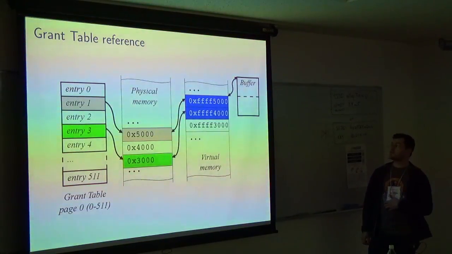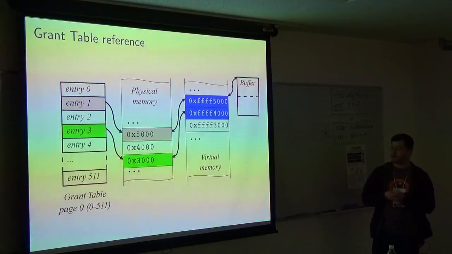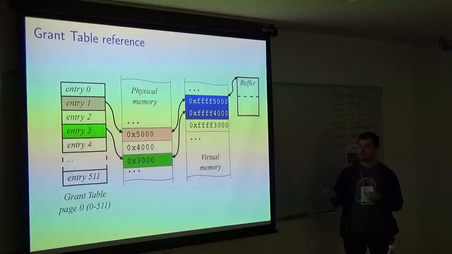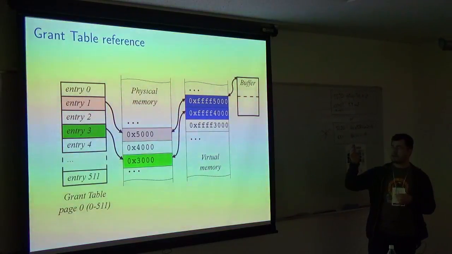To deal with this, we need to use grant tables. A grant table is a very simple interface. It's a multi-page IOMMU-like structure. Every page contains 512 8-byte entries, or 256 16-byte entries, depending on the version of the entry that we're using. We're using version 1, and it's an 8-byte entry that contains information about the physical address in the form of